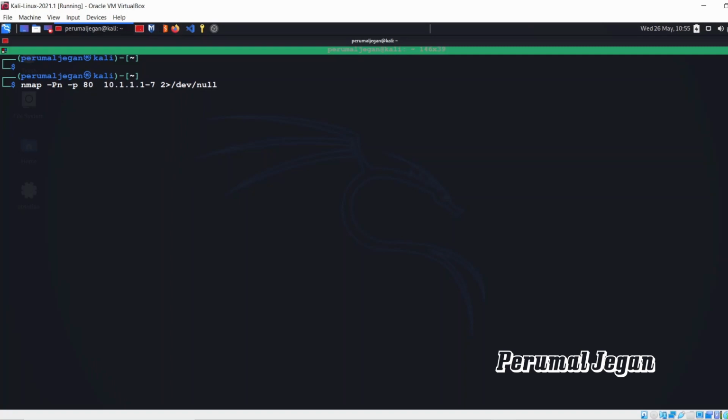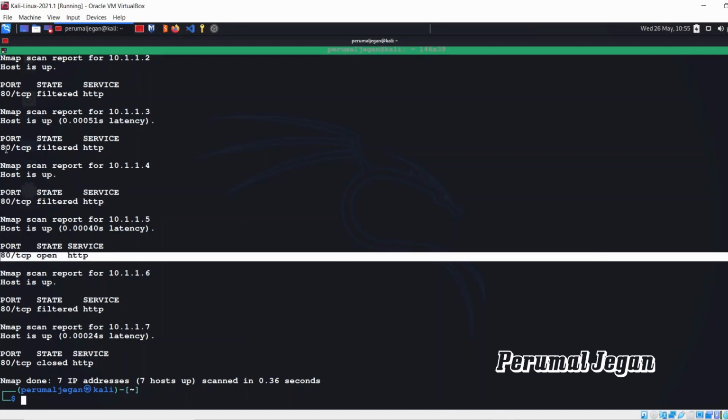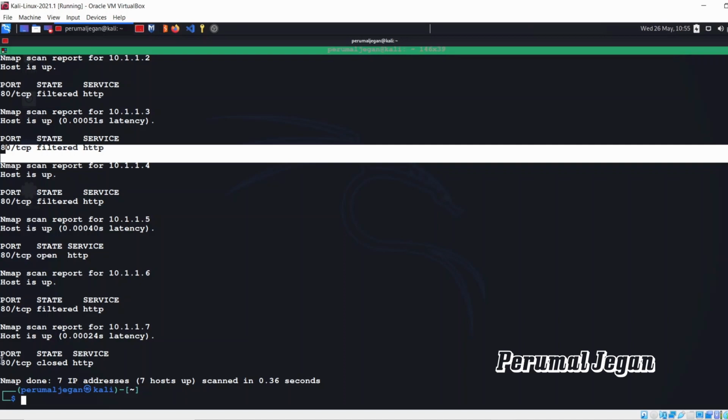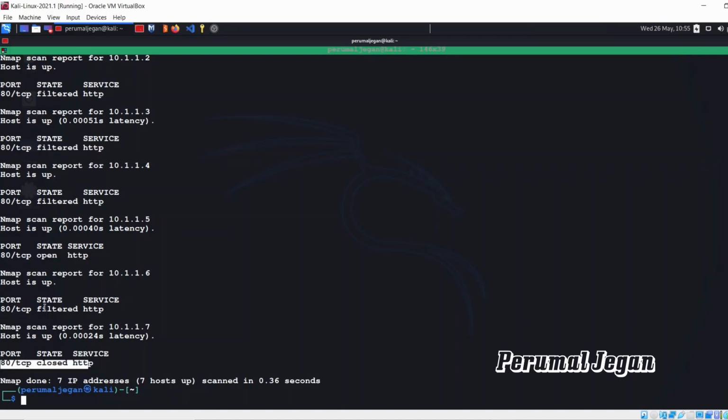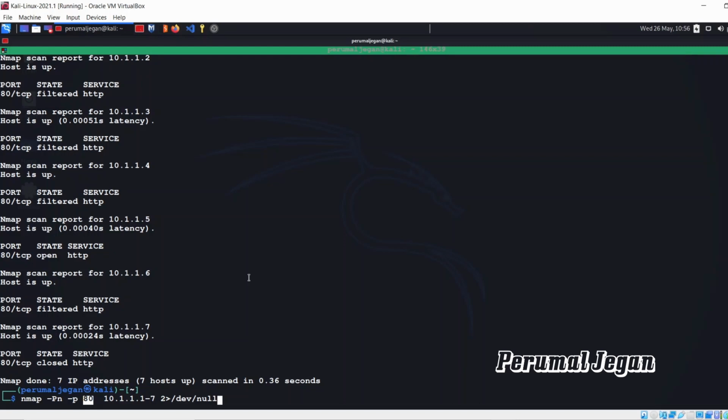I'm just looking for port 80. Here we go. It gives the details of each host with port 80. Here the state is closed. If you want to see port-based results, then simply use the flag -p and the port number.